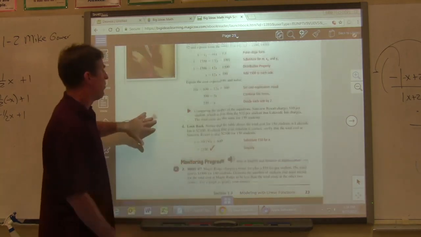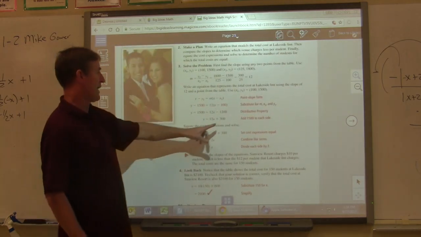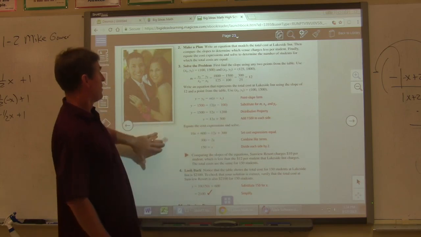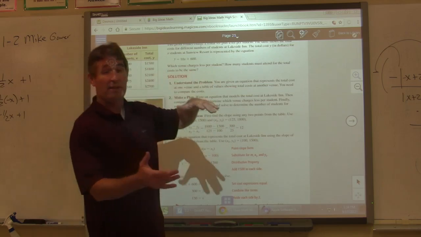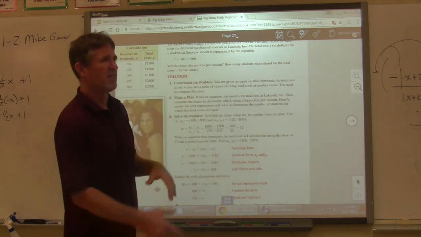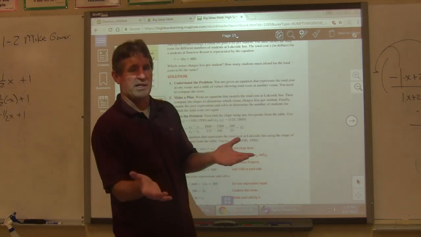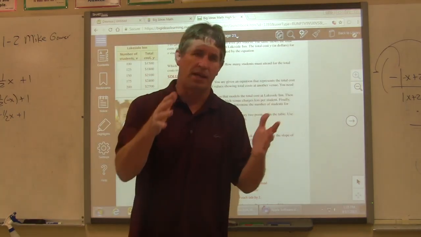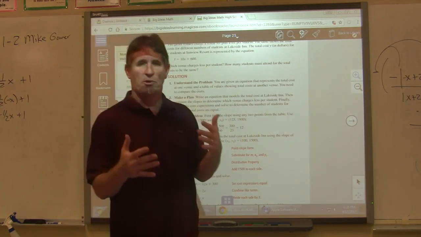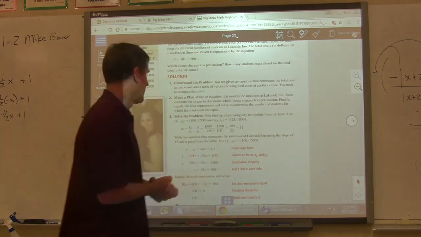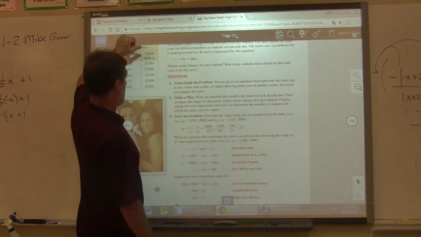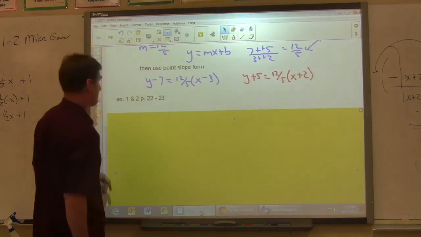So don't always go by, oh, this one only has a $300 initial fee, where this one's charging twice as much for an initial fee. Again, it depends on the cost per item. You see this like if you're screen printing t-shirts, they have a setup fee and then a cost per shirt, and so you always have to compare those to see which is actually going to be the better deal. So if we go back to the notes,